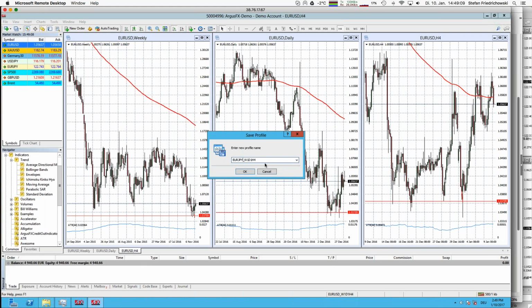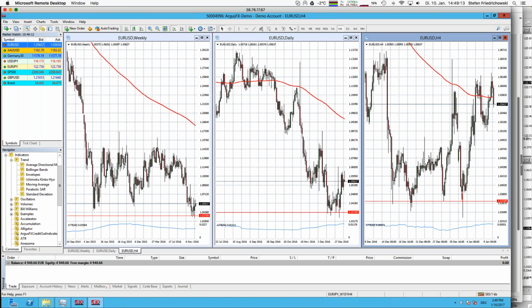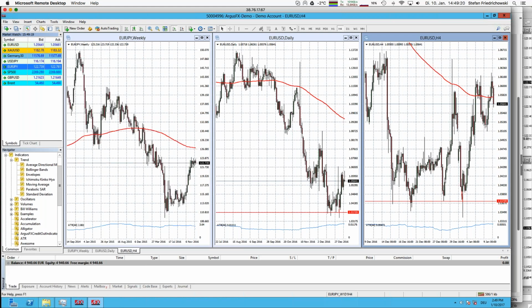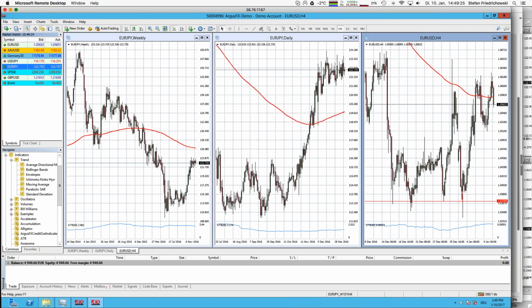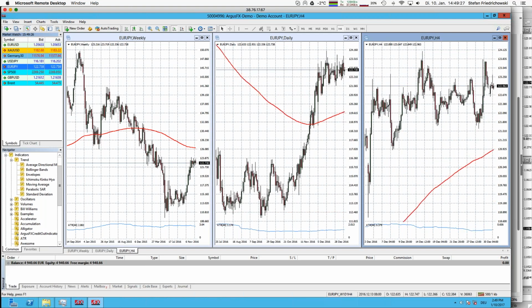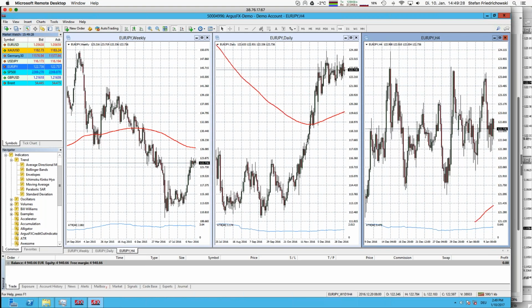So I have to change the details here, but that's quite easy, because all I have to do now, I have to throw the values Euro Japanese Yen to each of those charts, and I'm done. So you can repeat that sequence for all 8 underlyings, because finally that means you are able